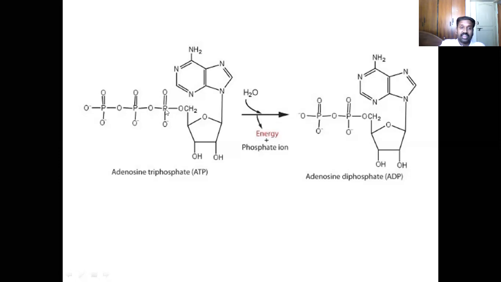There is one more phosphate linkage between alpha and beta that is not cleaved. Beta and gamma, the second and third phosphate groups, are cleaved. If this is cleaved, you add water at this bond, and the phosphate group is set free. That is the inorganic phosphate ion that comes out. This is the product side. ADP is one product, the phosphate ion is another product. And of course, energy is liberated because it's an exergonic reaction. The amount of energy liberated is 7 kilocalories per mole or 30.5 kilojoules per mole.